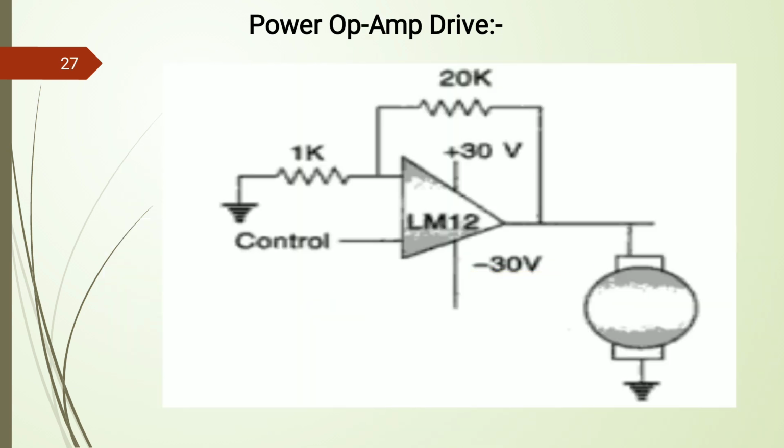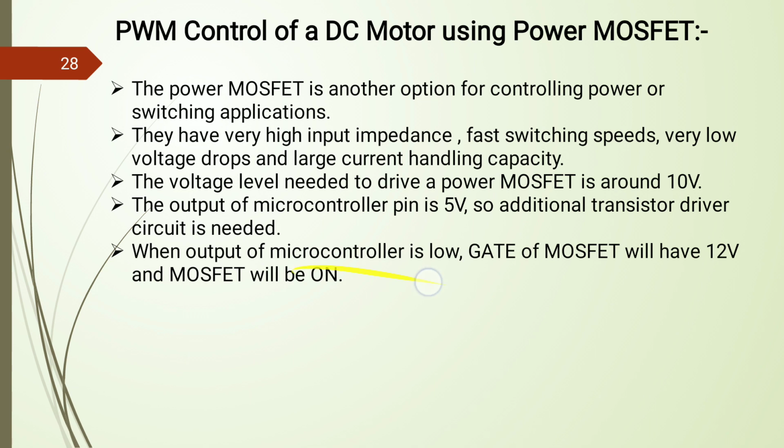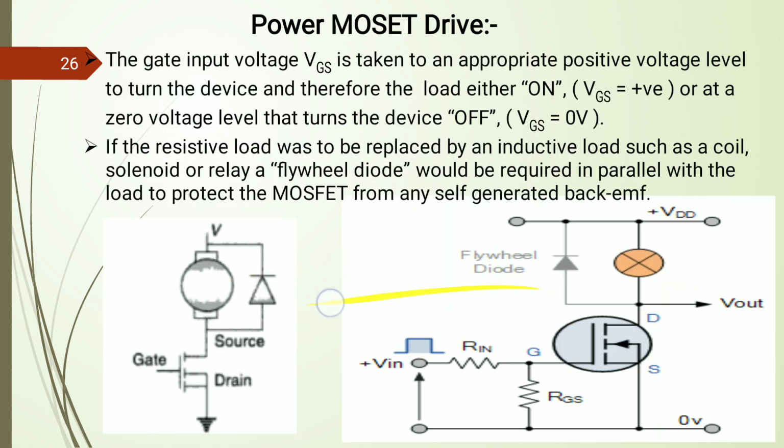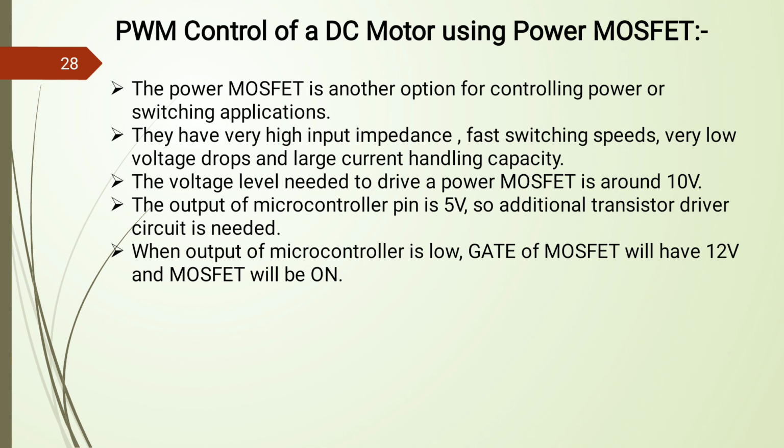Here if we consider the power op-amp L12, it supports plus or minus 30 volts, and the rated current is 13 amperes. So the motor will be driven up to that level. With the feedback resistor RF and the input resistor R1, we may change or vary the gain of the op-amp, and the control signal is applied from the control side as per our requirement. After that we see